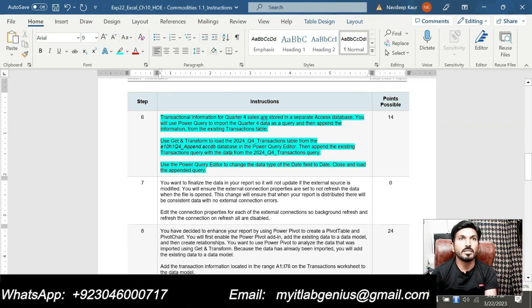So first we will import this table, that is 2024 quarter 4 transaction table, then we will append the existing transaction table with this one. After that, use the Power Query editor to change the type of the date field to the